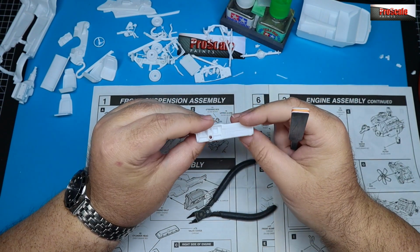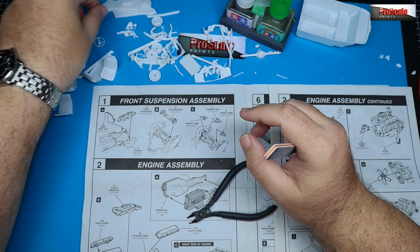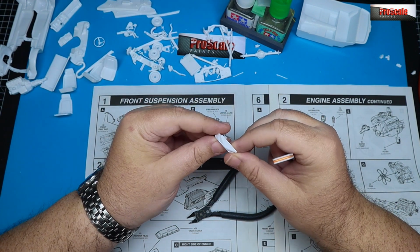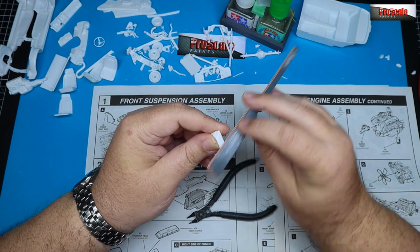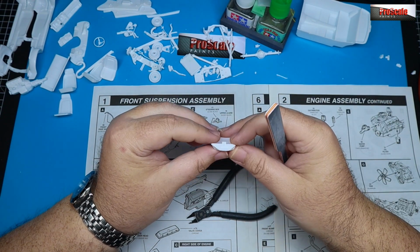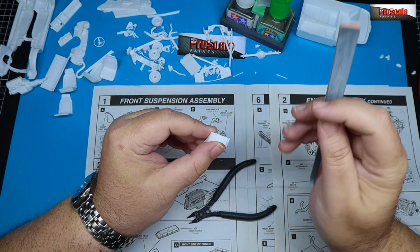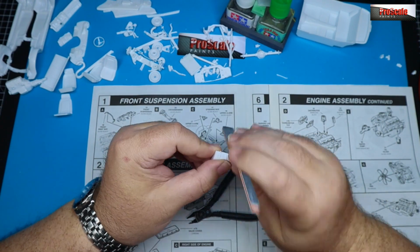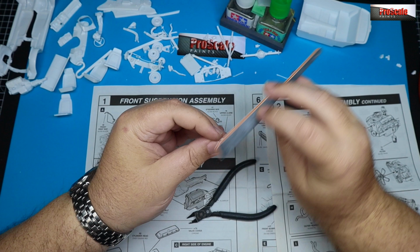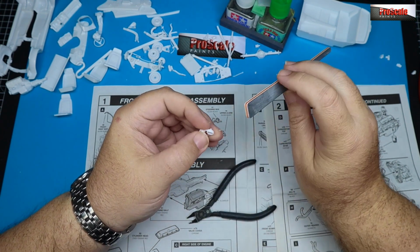We're going to clean up all the sprue points, any seam lines, any flash, which there isn't a lot on this kit. There's a lot of parts here. This is a few hours work, but again, time well spent because it will show in the end result. So again, get some music on, your favourite podcast, with YouTube, chat with friends, whatever you're doing, something to while away the time. And just take your time working your way around, being nice and thorough